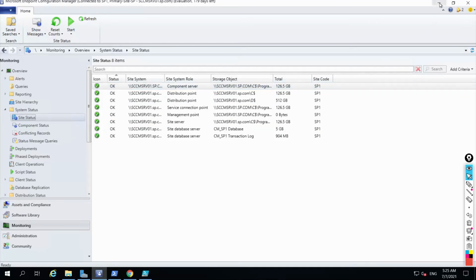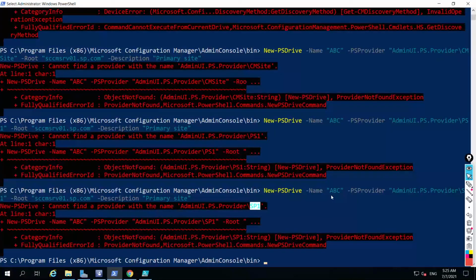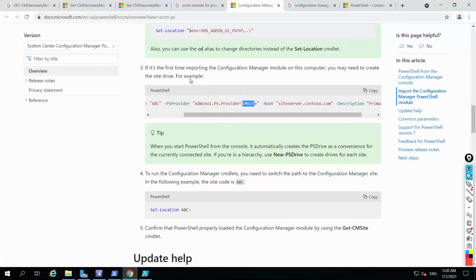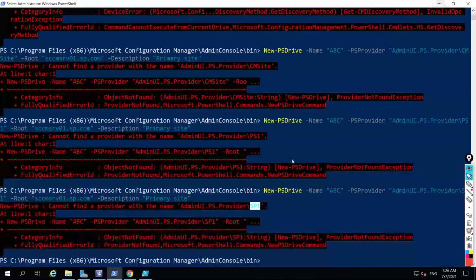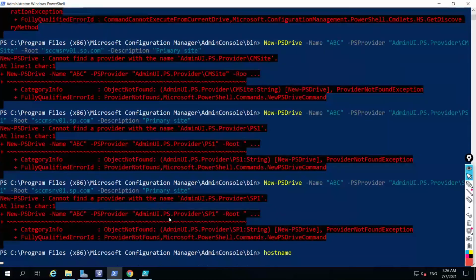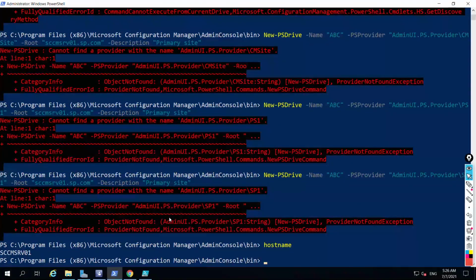Then why is it not taking? The name is also correct.